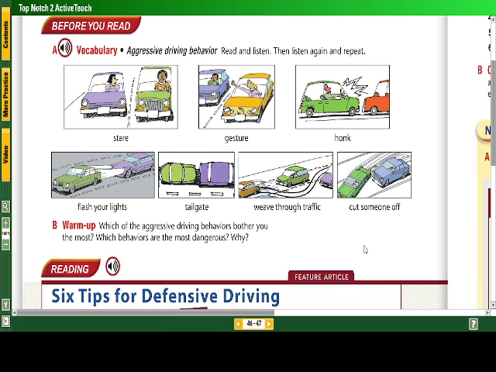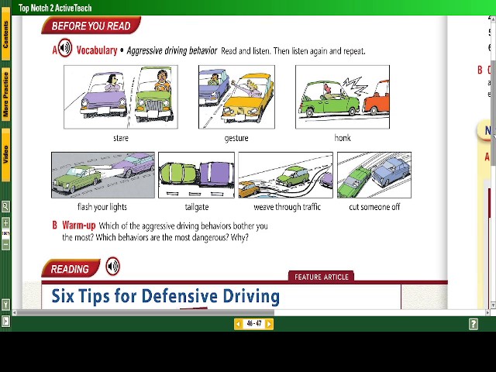So in here we have pictures to help us understand, but stare is when you look at someone as if you wanted to kill them, for example. Gesture is what you do with your fingers, especially, and it's something rude to other people. The most common gesture is with a middle finger.